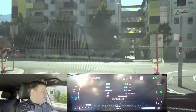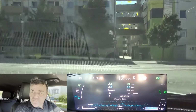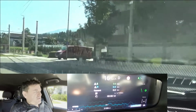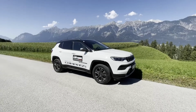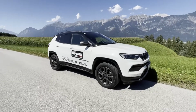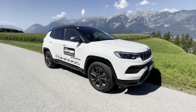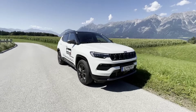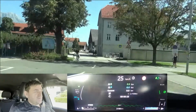My name is Helmut. In this video we do our real-life consumption test on the Ecodriver loop with the Jeep Compass 4xe. That's the plug-in hybrid. I do this test with an empty battery. Firstly, to find out how efficient the hybrid drivetrain works, as this is the second major factor for efficiency in